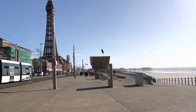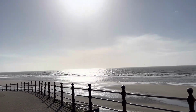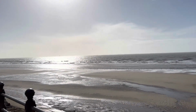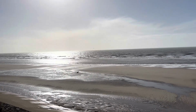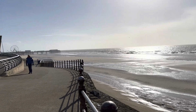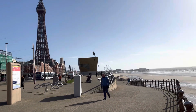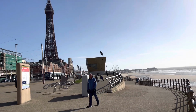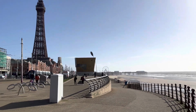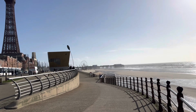And we're walking into the sun. I never thought when I started doing this, because the sun wasn't out, that when we came back to do this in subsequent months, that the sun would be staring straight into the camera. But never mind, it's beautiful. It's absolutely glorious now. And it's an overcoat warmer down here than it is in the town centre. It really is. So we're going from North Pier to Central Pier in these comparison videos,